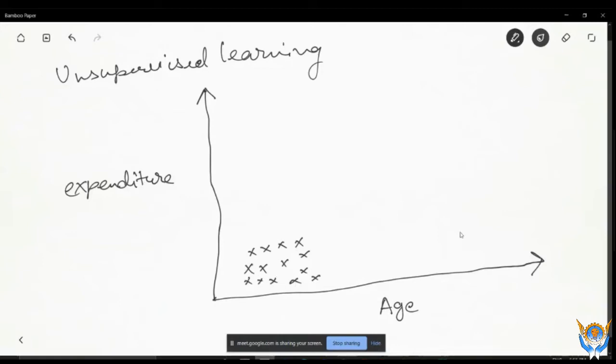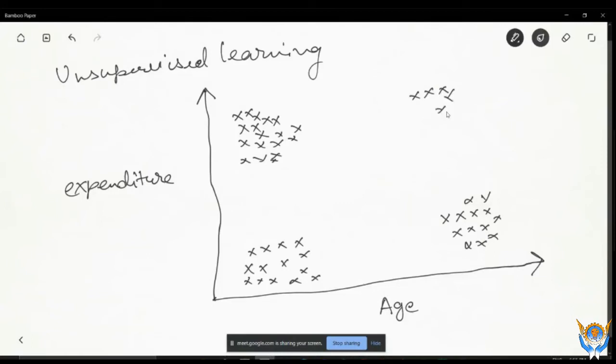Then there are some people whose age is greater, but their expenditure is less. Now there are some people whose expenditure is high, but their age is less. Then there is another kind of people whose age is high and expenditure is high also.